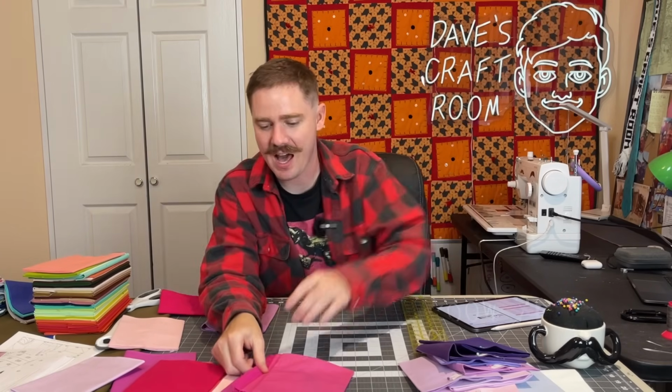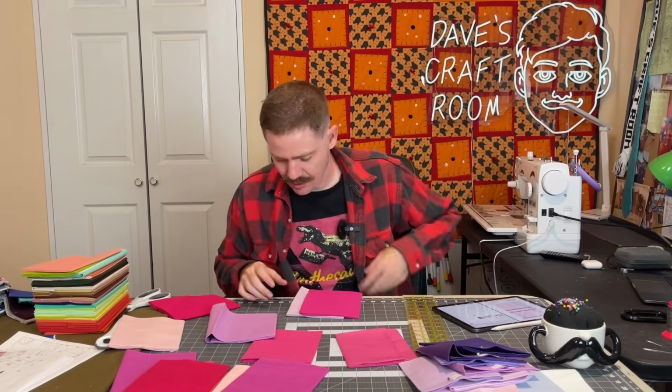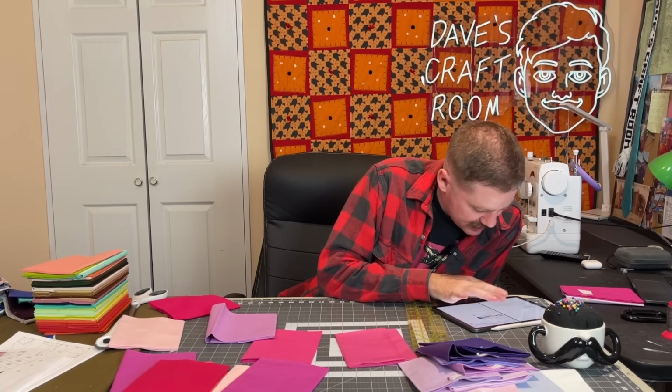Let's think about the horn. Hot pink mixed with blue, mixed with a different hot pink or purplish. So these are the horn colors. These are H1 and 2. The mane has got to be